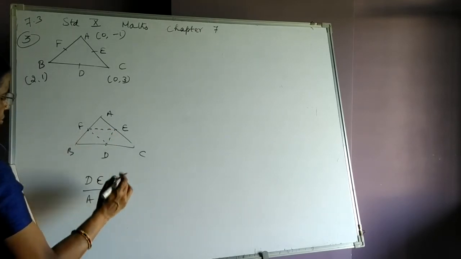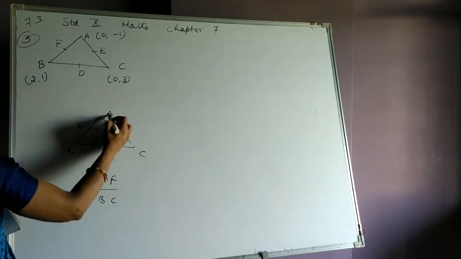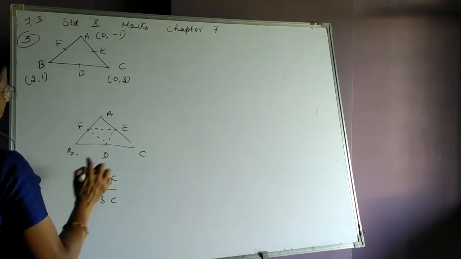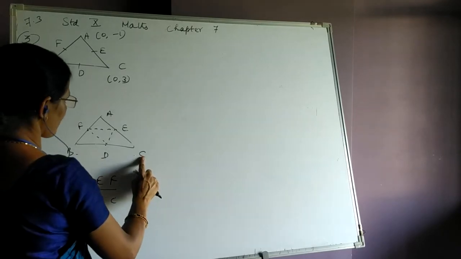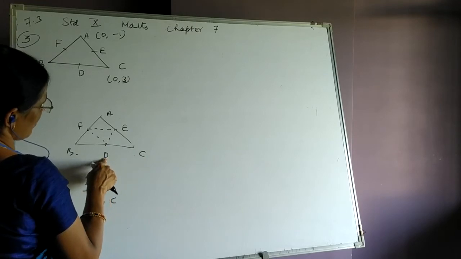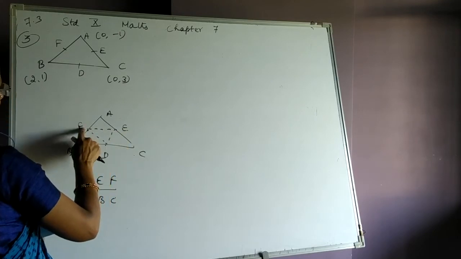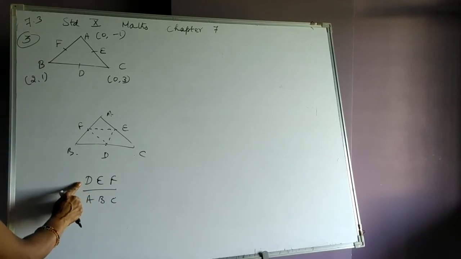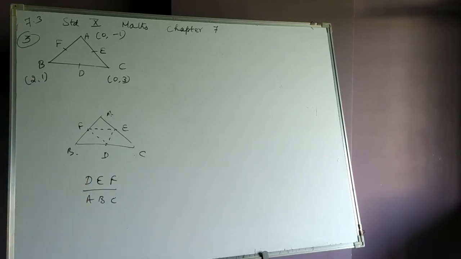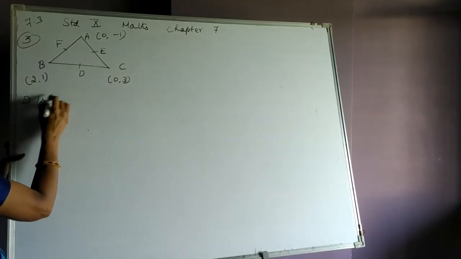A triangle ABC is formed. That is given. Vertices are given for this original triangle. Another triangle is formed by taking the midpoint of all the three sides. Every side is a line segment and every line segment has a unique midpoint. So D we have taken as the midpoint of BC, E midpoint of AC and F midpoint of AB. If I join this DEF, we'll get this triangle. So we are asked to find out the area of the triangle formed by DEF using ABC, and then the ratio of triangle DEF to triangle ABC.